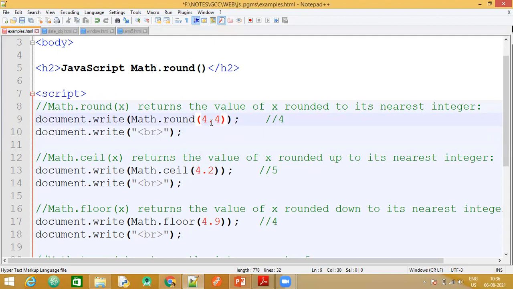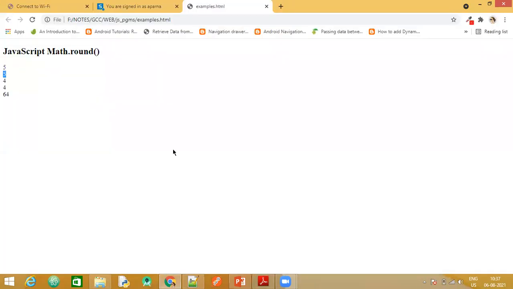So it was 4.4. Now coming to the ceil function, you need to understand this in very simple terms: ceil resembles the ceiling. A ceiling is something which is above the head, on top. So what this is going to do is round up to its highest value. Here the distinction of whether the decimal part is below 5 or above 5 does not matter. It will round it up to its highest integer. The keyword here is rounded up to its highest integer. So you can see the output here is 5.